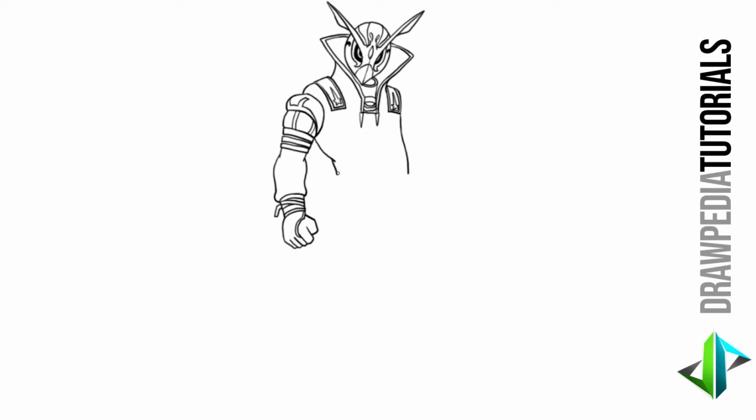Below that, I'm gonna draw a rectangular shape for his pouch at that point. And inside of that, at this upper point on the right, I'm gonna draw a line sideways to the left, turn it downwards, sideways to the left. On the left side of that, I'm gonna draw a star shape. And on the left side of that star shape, I'm gonna continue the line across to the left. Trace the same line across at this upper point back to the right,